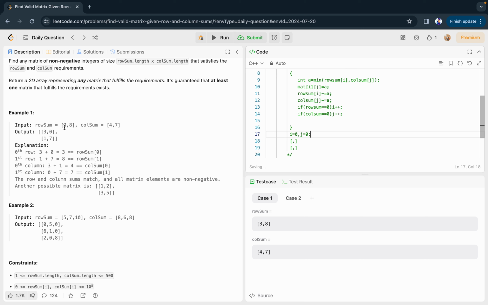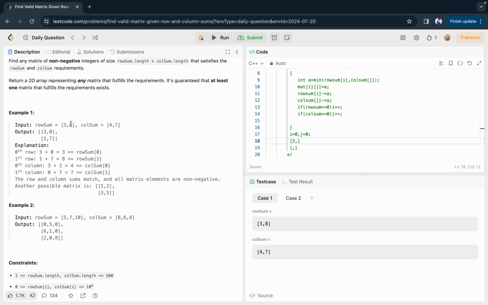So in this, row sum 0 and col sum 0. Between 3 and 4, which is minimum? 3. So we will put in matrix 0, 0, 3,